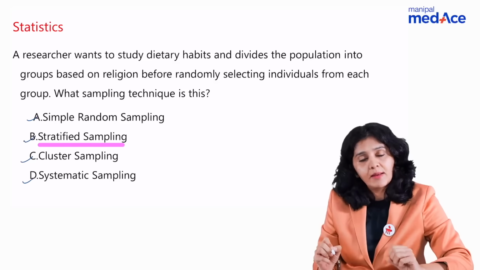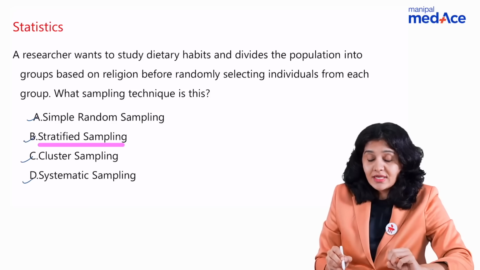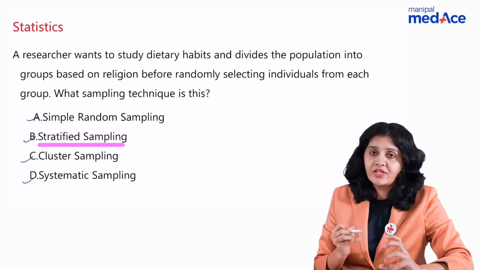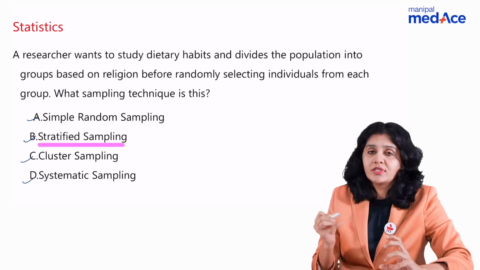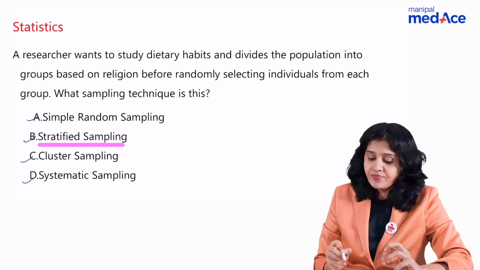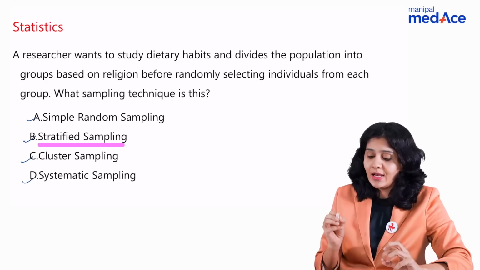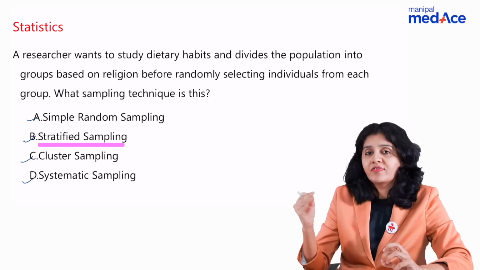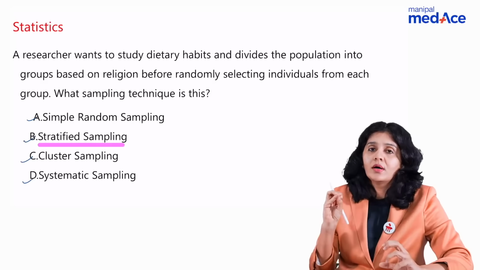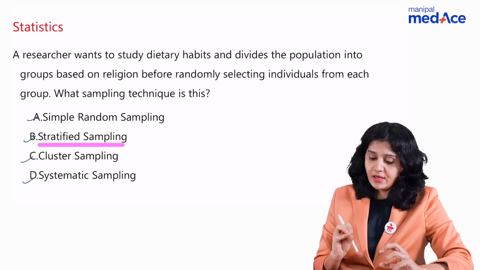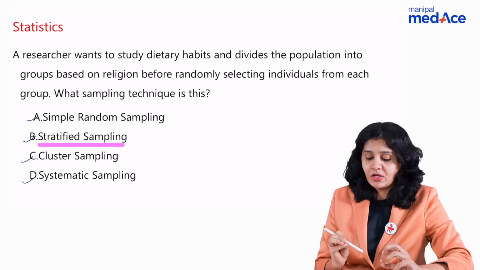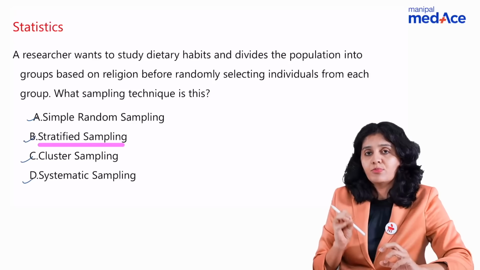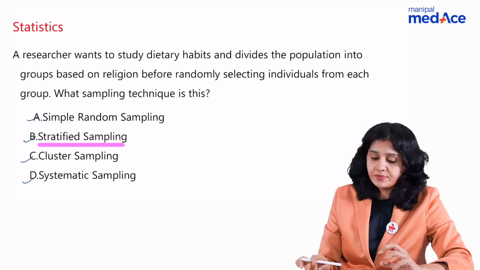So simple random sampling technique, you're already familiar with it. What is cluster sampling? It is used while evaluating the immunization coverage, right? The WHO evaluation of immunization coverage, we use cluster sampling. Systematic sampling is we calculate the fixed interval, and for example, if the fixed interval is 5, every fifth house will be selected. So that is how it is done in case of systematic sampling technique. So the best answer or the correct answer for this particular question is stratified sampling technique, because the investigator has divided the population into different strata.